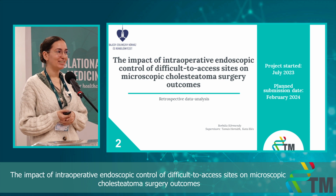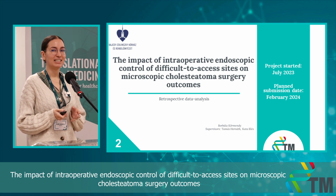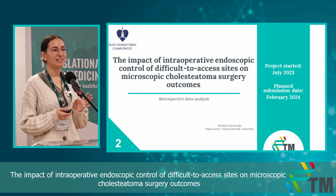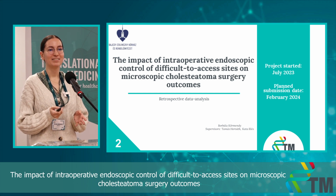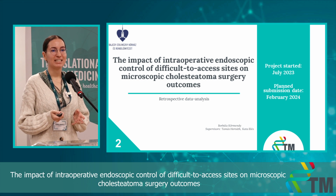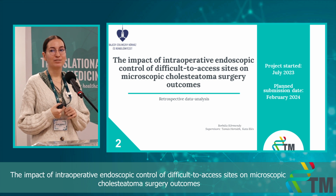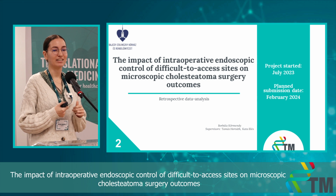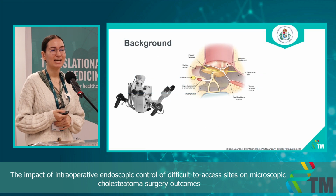My next project, which we have completed based on the patient data available at my workplace in Bajcsy-Zsilinszky Hospital, is seeking answers to another newly arisen dilemma in otologic surgery, which is whether using an endoscope to intraoperatively control hard-to-see areas within the middle ear during cholesteatoma surgery is worth the extra time and effort. As you can see,